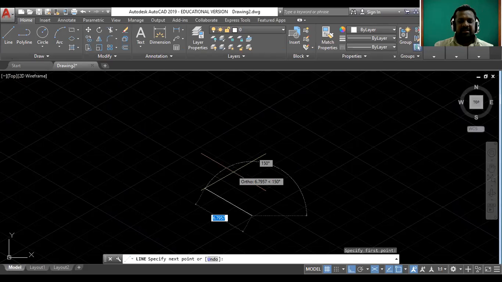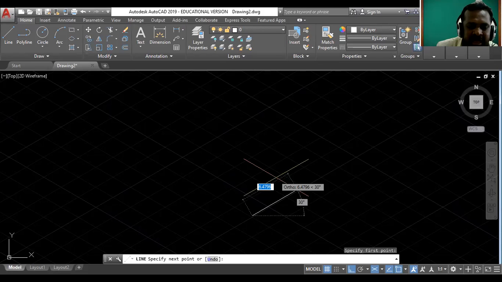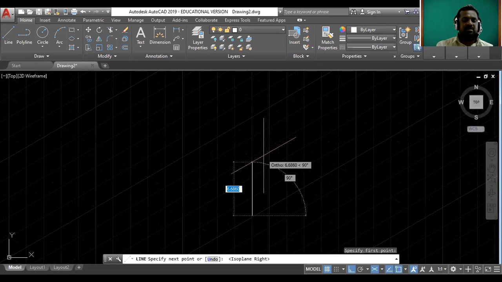How to change the plane? See, it goes to one side and this side, but I have required the vertical line. Then how to draw the vertical line here? Okay, we have to press the F5 key. We have to press the which key? Yes, F5 to change the plane. F5. Now see here, now it is moving in upward direction.